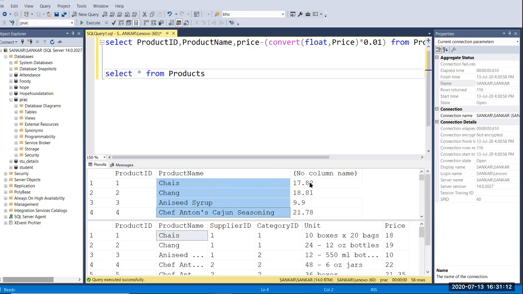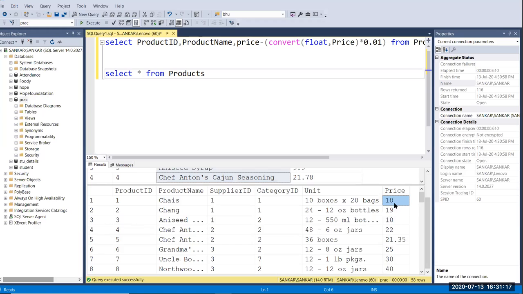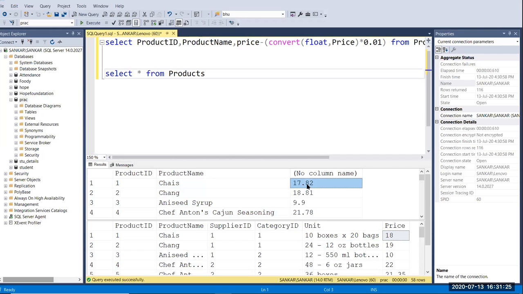Here we have 17.82 and here we have 18, so it has subtracted. We have a 10% discounted value here. Here it is 19 and the 10% is 0.19, so the value is subtracted and we get 18.81. And here also, if you want you can convert your price into whatever data type you want. I'm going to delete this.